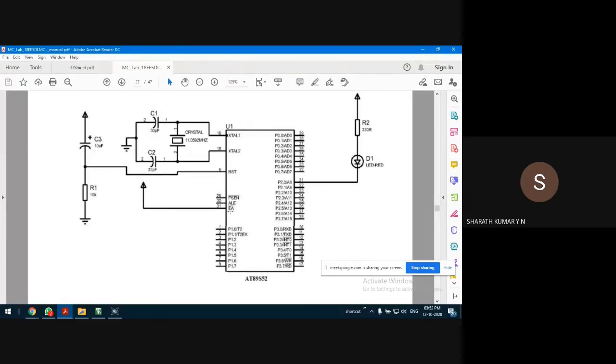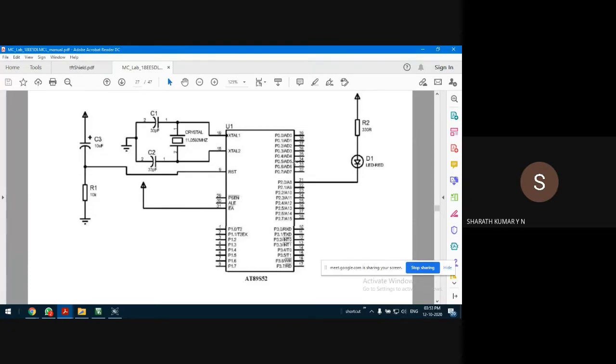Okay. There's one more connection given to EA bar, external enable bar. This is an active low input signal, and it should be set to high because we are not using external memory connected to the microcontroller. Whenever we want to use external memory as a ROM memory, we have to give a low signal on the EA bar. Since we are not using this, we have to connect it to the power signal, that is 5 volts. Okay. In fact, at this point in time, we don't require even this one. What we have to make is only the LED connection.